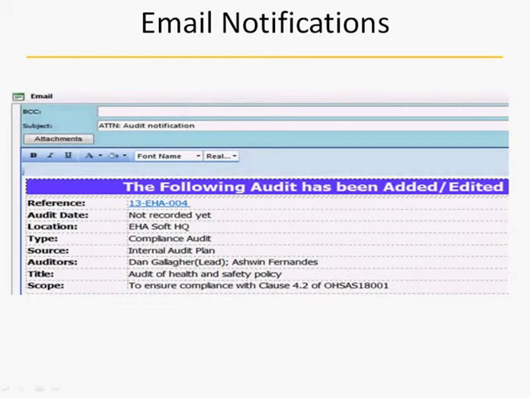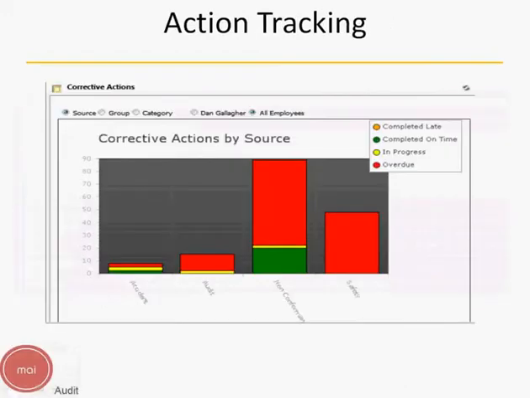The system sends real-time audit notifications by email, and of course we have action tracking, which is typical across all parts of MAI. In this case, we can see the status of corrective actions from the audit module, in addition to ones from, say, safety risk assessment, accident